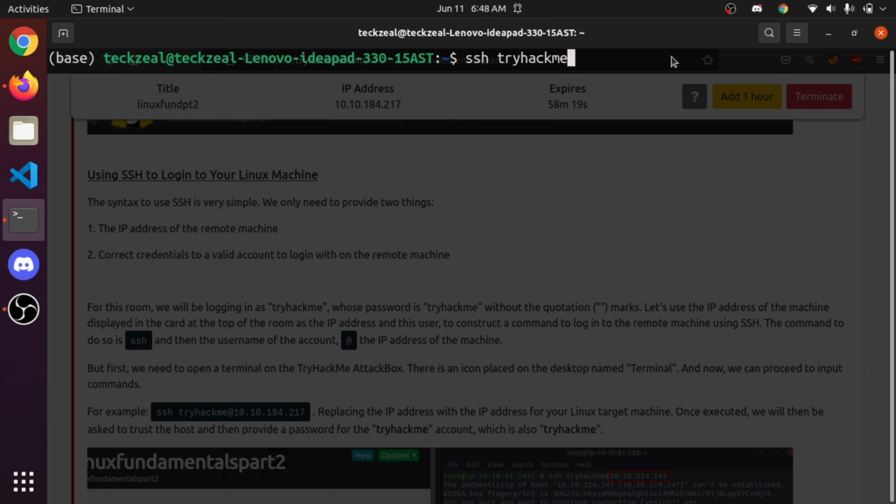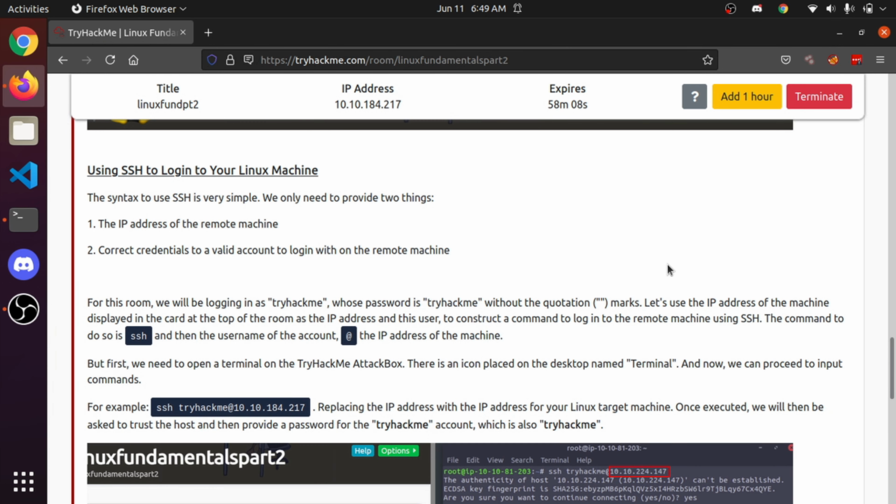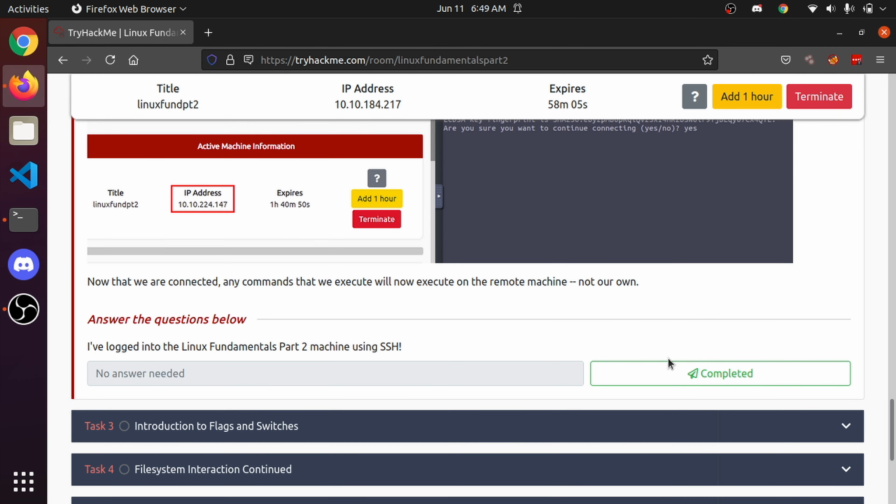For example, my username is a text. Similarly, some usernames will be there, so we need to use that username. Then we need to use @, and after that the IP address. That is the most common way. So yeah, we got this.